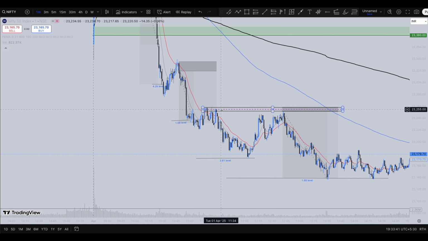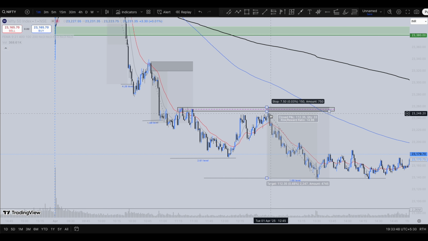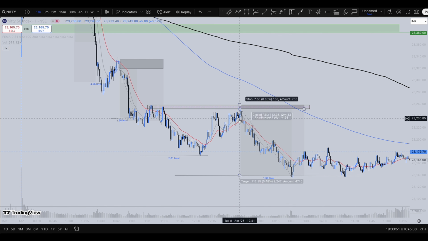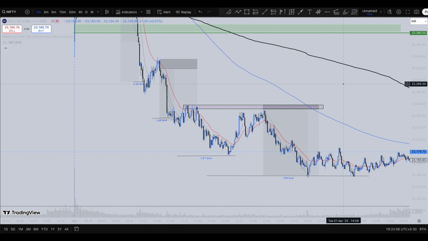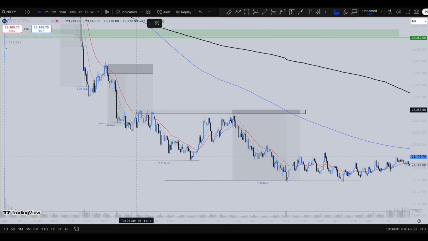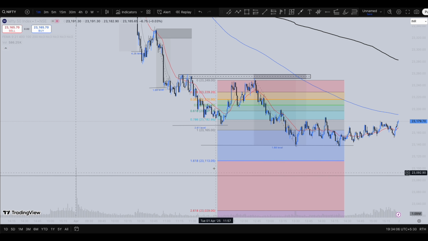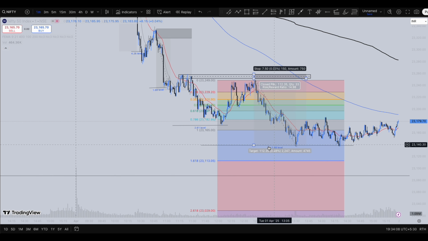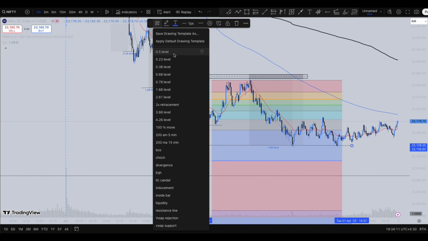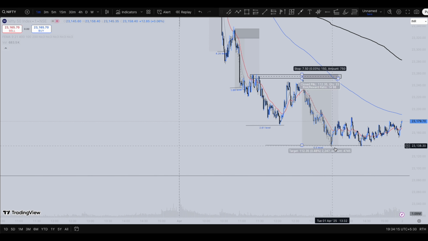But here this is an order block level where the market rejected price from these levels, clearly respecting this order block level, guys. So after this kind of bearishness, you could have easily entered somewhere here, or after rejection of price from these candles, and you could have targeted all the way towards the 1.68 level here. If you try to plot the fib extension levels, the common point between this to the common point between this to the common point between this is the 1.68 level, guys. But I have told you the mid of the 1.68 level and the 100% move. This is the mid. So you could have easily targeted this low, guys.